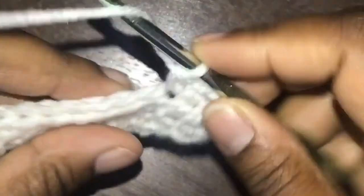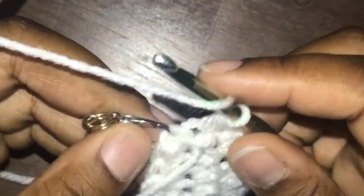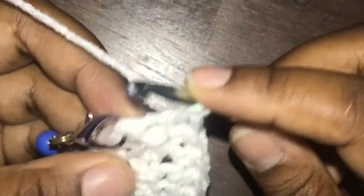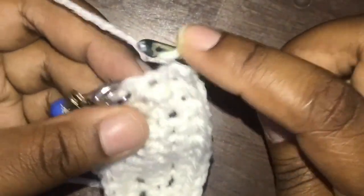And then you're going to put 1 half double crochet into each stitch all the way down until you reach the stitch that is marked by your stitch marker. So I'm in the last stitch before this one, and I usually keep the stitch marker in, you can take it out. You are going to work 3 half double crochet into this stitch marked by the stitch marker. So I'm going to take it out